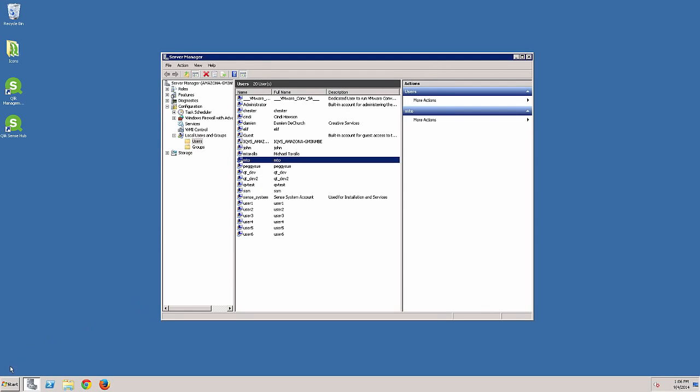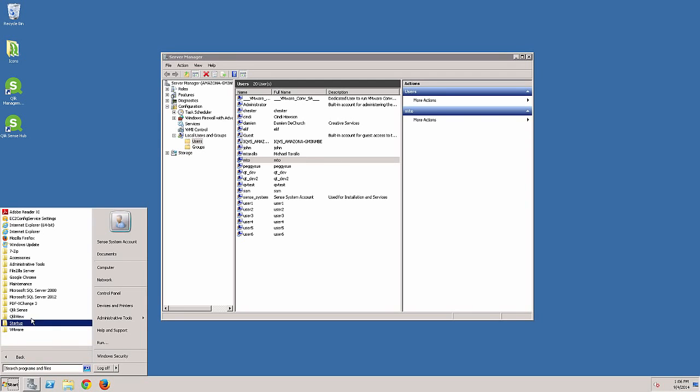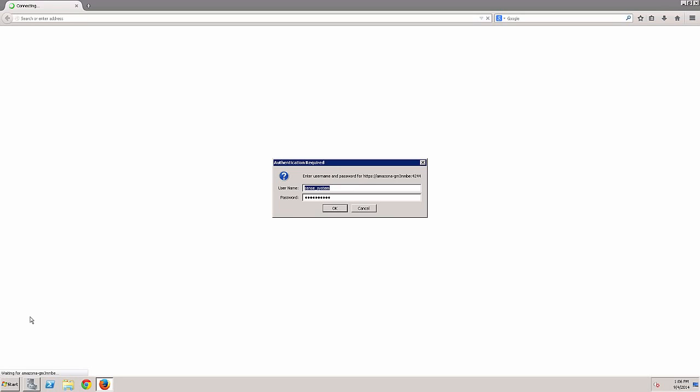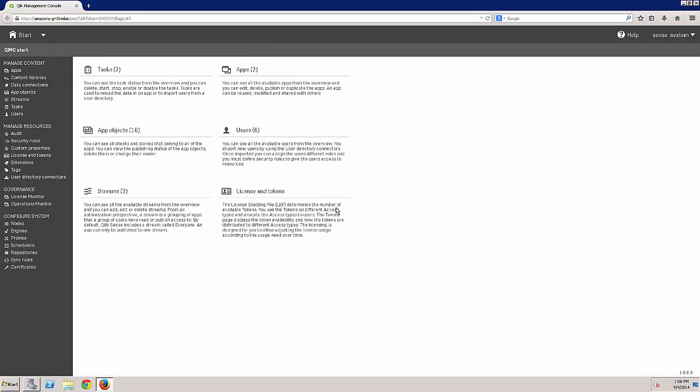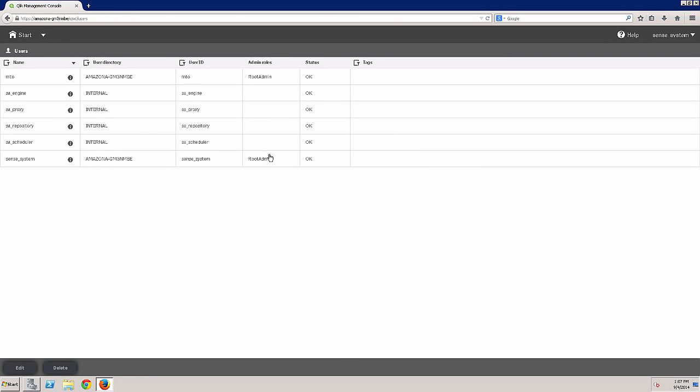So what we're going to do is start the management console. Where we left off was at the management console. I am logging in with the default ID that we installed the platform with, which is sense_system. Okay, and I want you to take note that there is this welcome screen. There's also another video that's going to go into the orientation and navigation of this interface, so stay tuned for that as well. By going into the users, we can see all of the users that have been synced